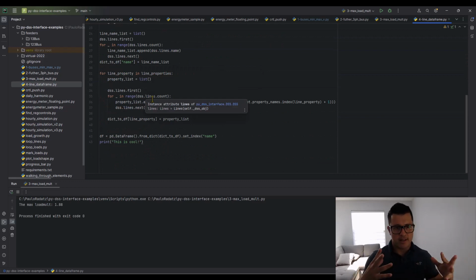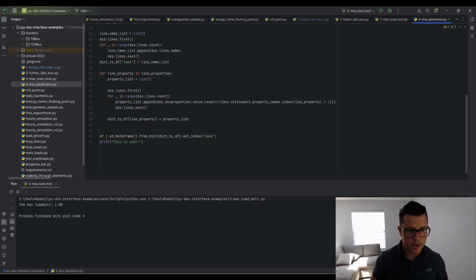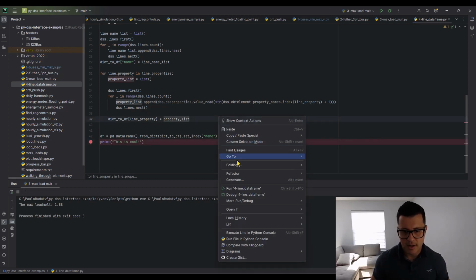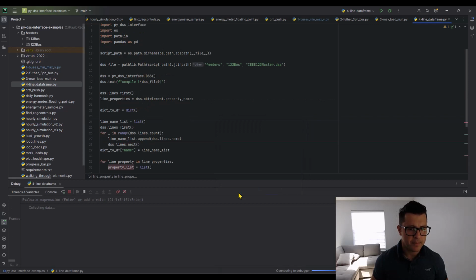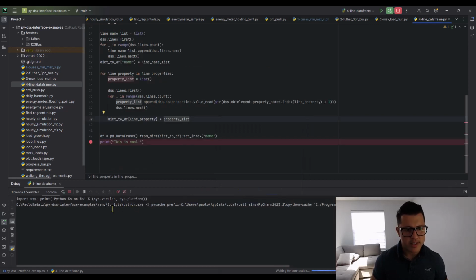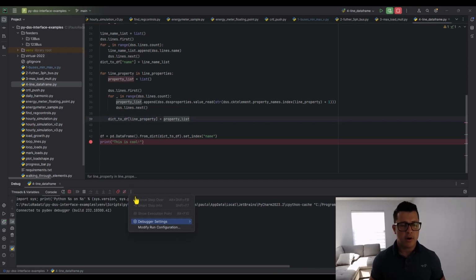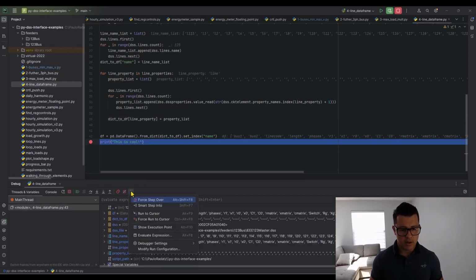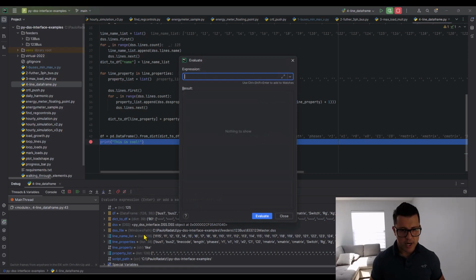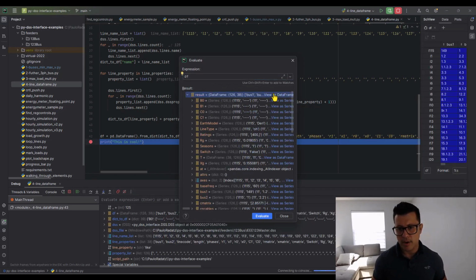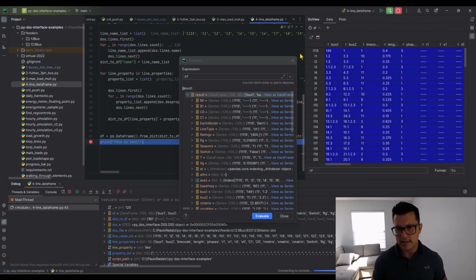some commands in the direct-DLL, trying to create what I'm going to show you here. Let me show you here. Let's run debug mode. Sometimes what we are interested in is to look at properties, okay? So it's still running properties of elements. In this case, let's say I want to see all the line properties, okay? So let me go here, evaluate the expression, data frame. This is the variable I'm saving that, and here what I can see is